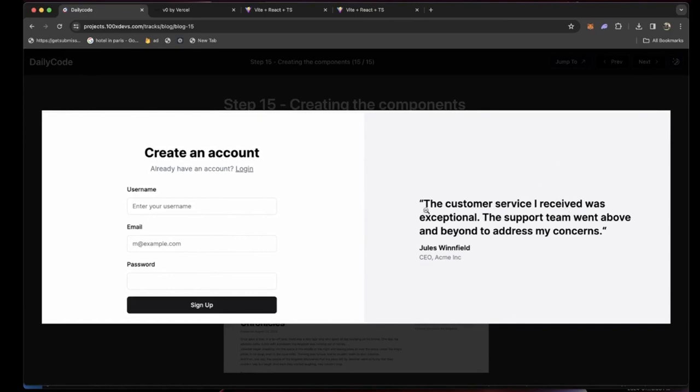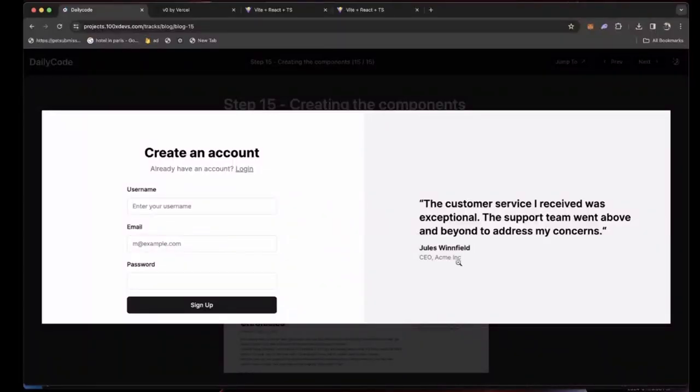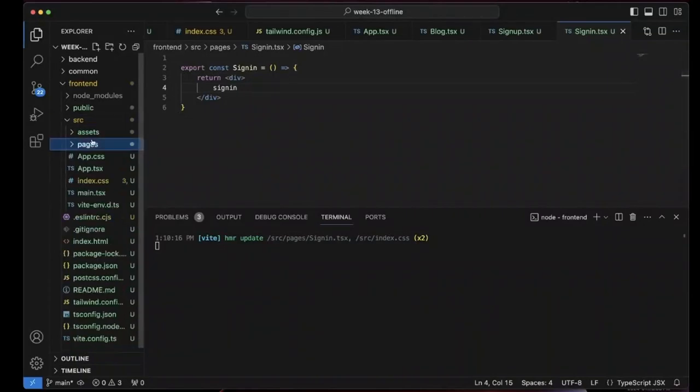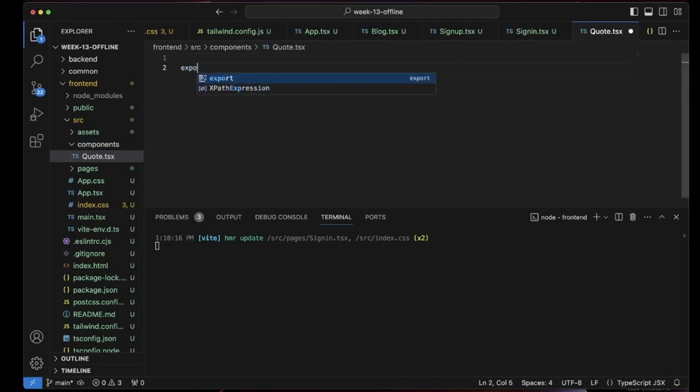I'm going to call this the label component, the quote component, because this is sort of a quote by someone. So let me first create the quote component. I would create a top level folder called components, inside which I will start to write my code. So quote.tsx. What does this thing need to export? It needs to export